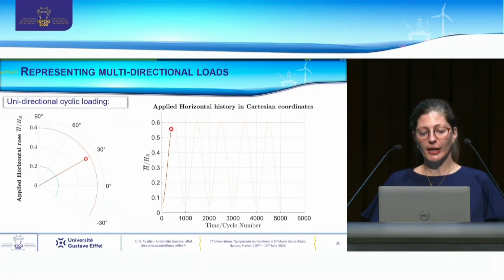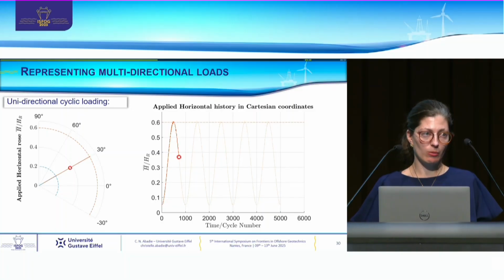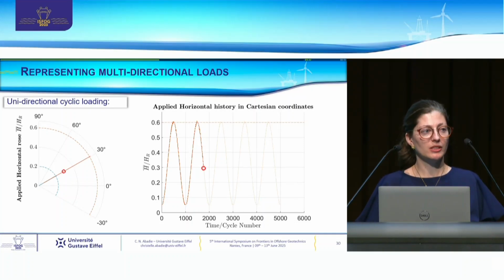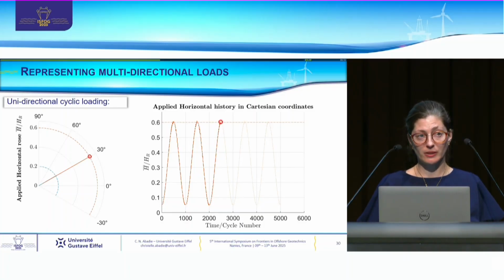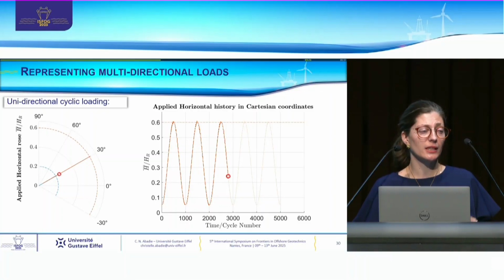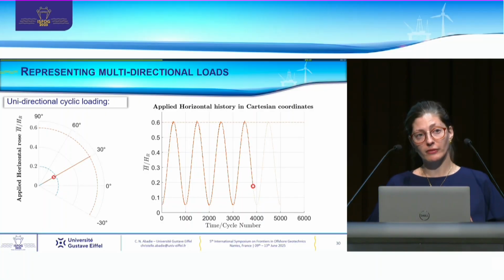Let's have a look at the tests that we were able to perform with this test campaign. We've done a range of tests, but I'm going to be focusing on one, which is called the cross test and corresponds to cyclic static load misalignment and is a typical test in offshore wind because it corresponds to wind and wave load misalignment. Before I delve into those details,